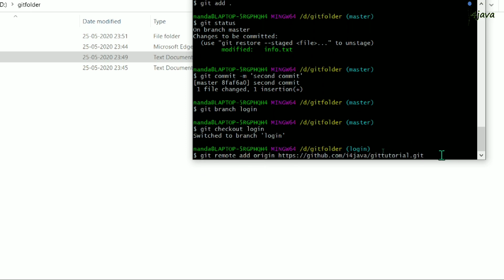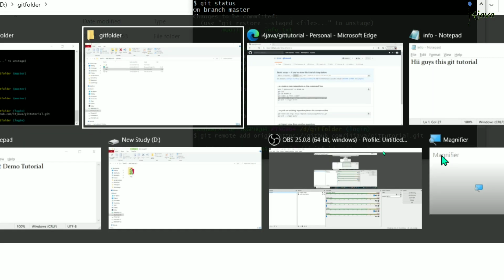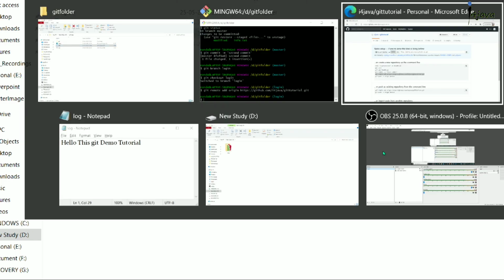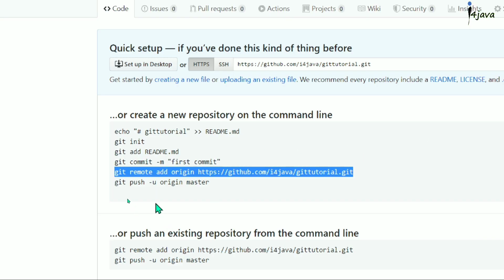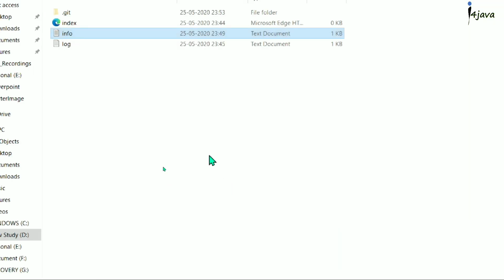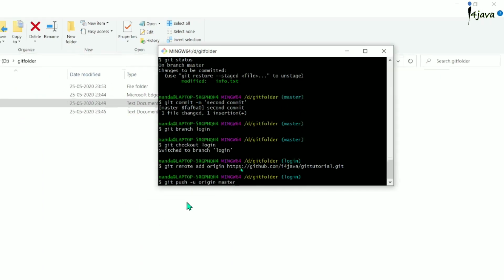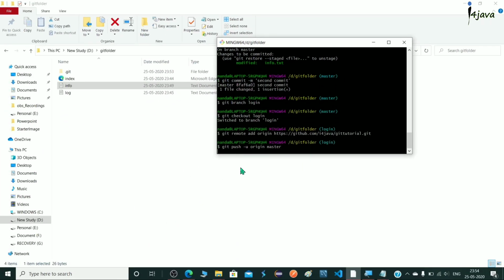Now press enter. And now we have to use this push command. Copy it and paste it over here. Now press enter.